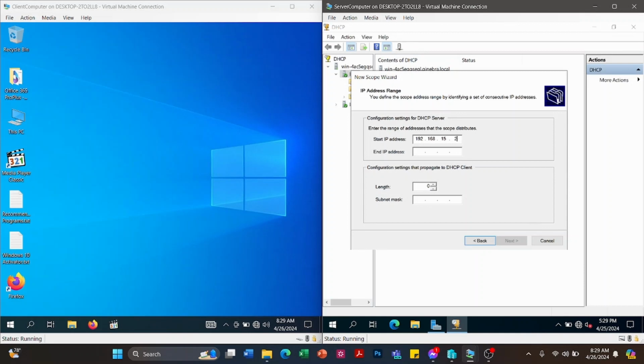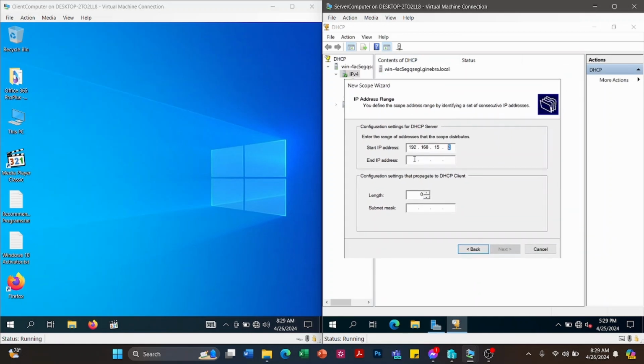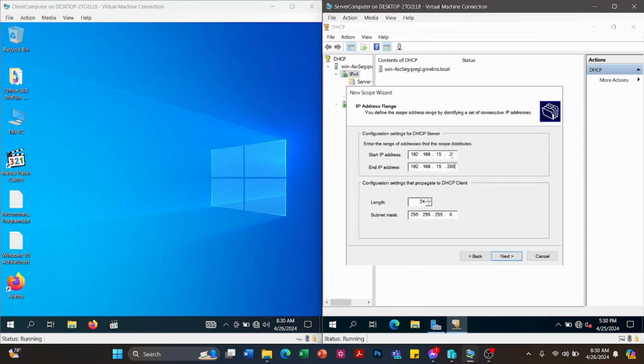So the first IP address the server will distribute to the clients will be .2. Then the end IP will be 192.168.15.200. So meaning the server will distribute IP addresses ranging from 2 to 200. So we will have 198 hosts for the network.